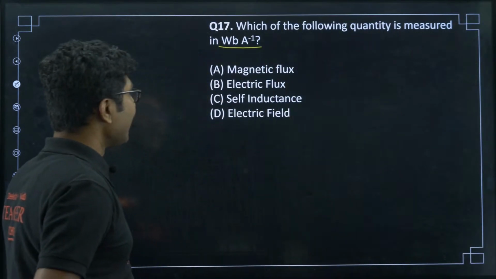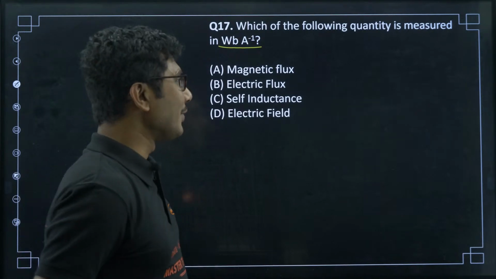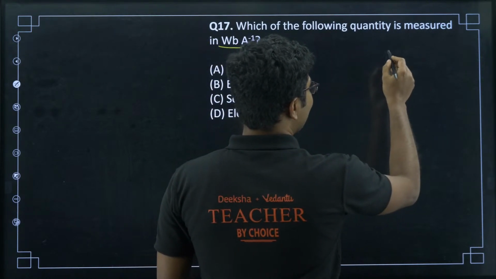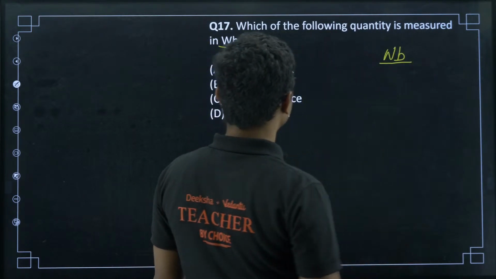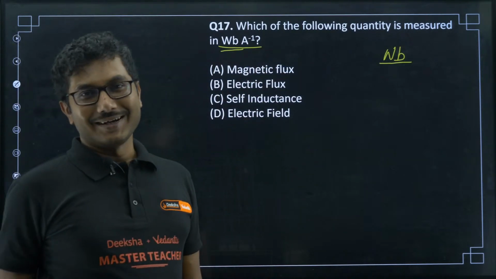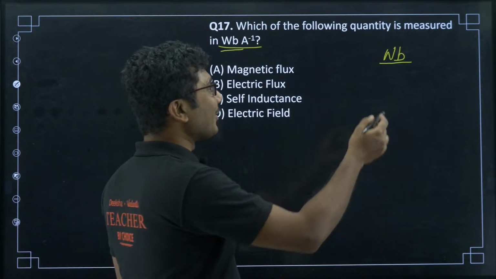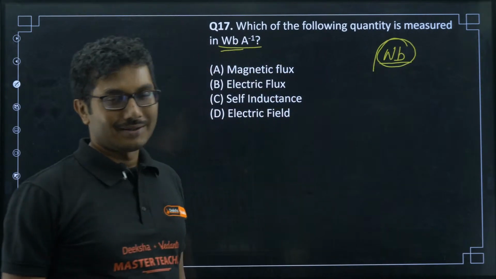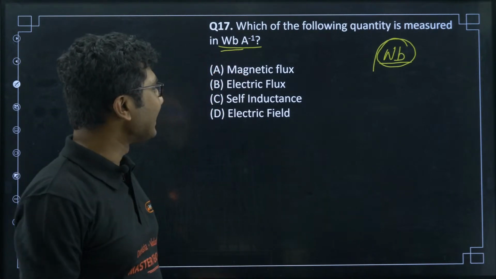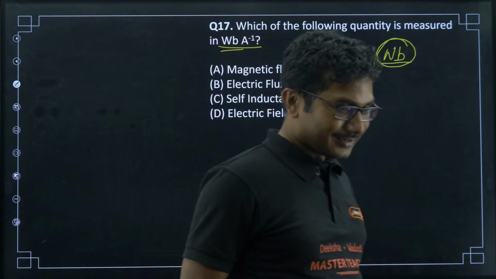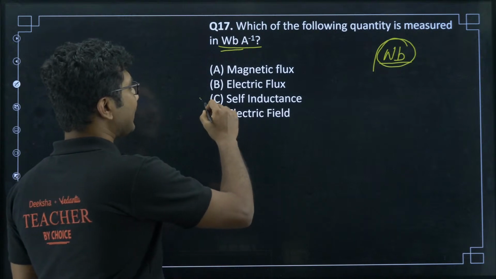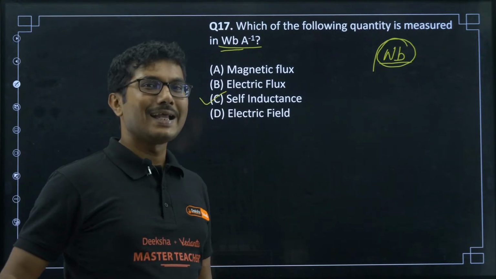Okay, let us see. Magnetic flux, Weber. One important thing, what is magnetic flux? Magnetic flux itself is measured in Weber. Weber itself is the unit of magnetic flux. So, Weber per ampere cannot be magnetic flux. Unit of magnetic flux is given by Weber. Weber per ampere is basically, let us see, 17C. So, yes, it is another unit of self inductance. It is basically Henry. Weber per ampere is Henry.